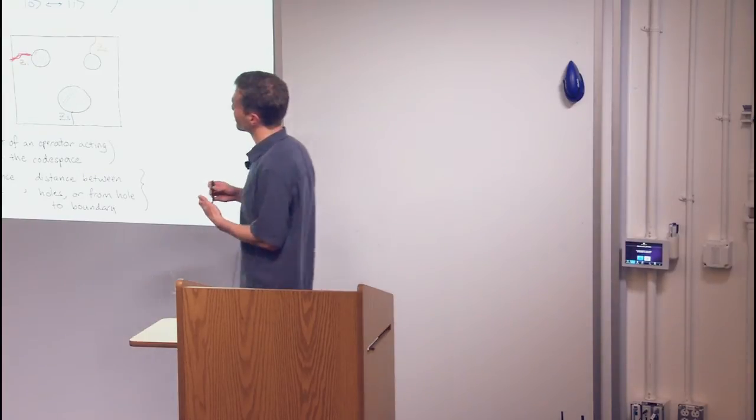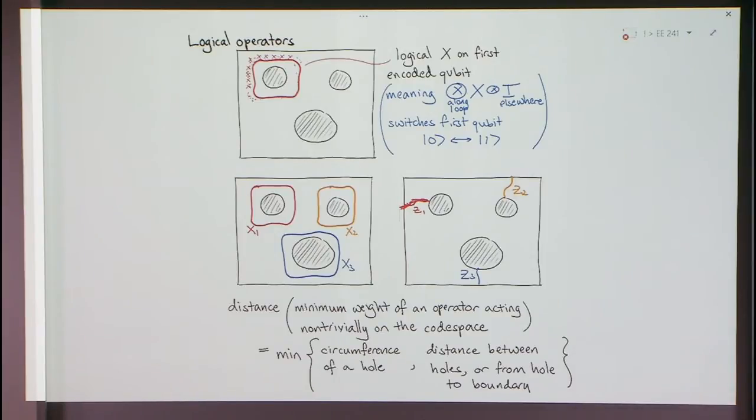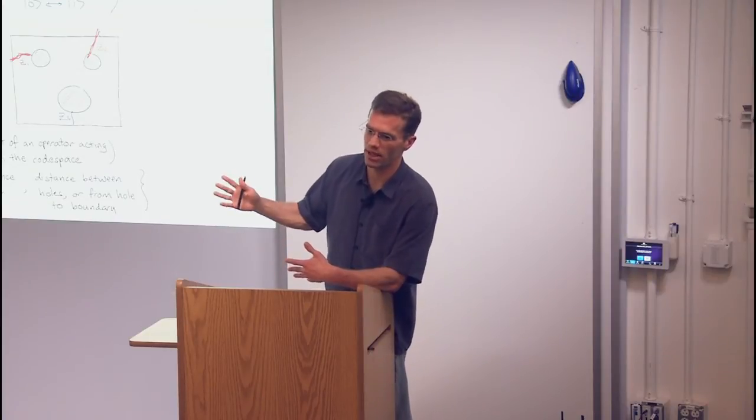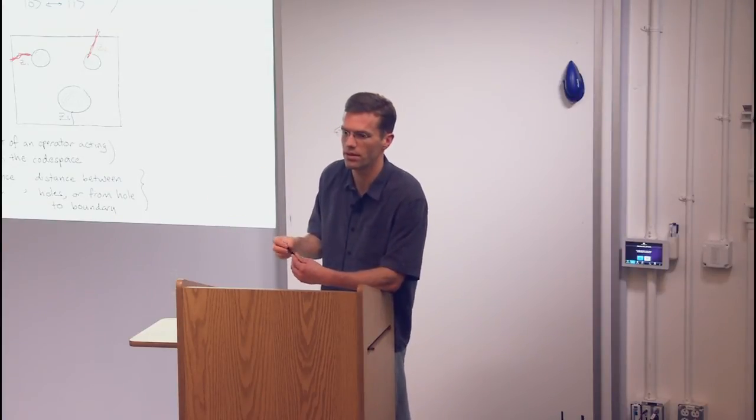So these are the logical operators. If I want to switch to the second qubit, I just look at a cycle going around the second hole. Similarly for the third, I can measure the logical Z operators for the second qubit, like so, and so on for the third qubit. And the distance of this code is the least weight of an operator that acts non-trivially in the code space. What were the Z operators again? The Z operators are these guys that measure the winding numbers around these cycles intuitively. Formally, they're just these parities across from the boundary to a hole.